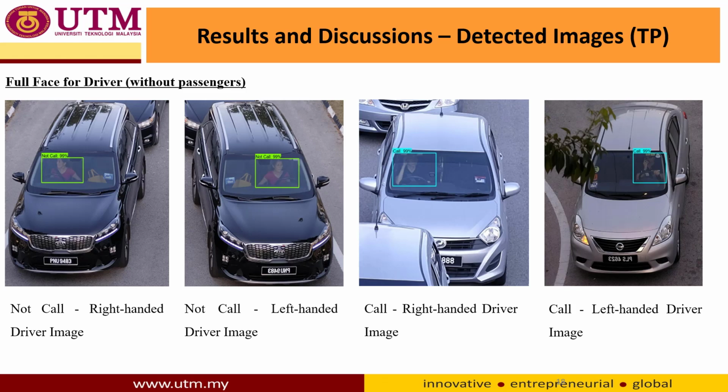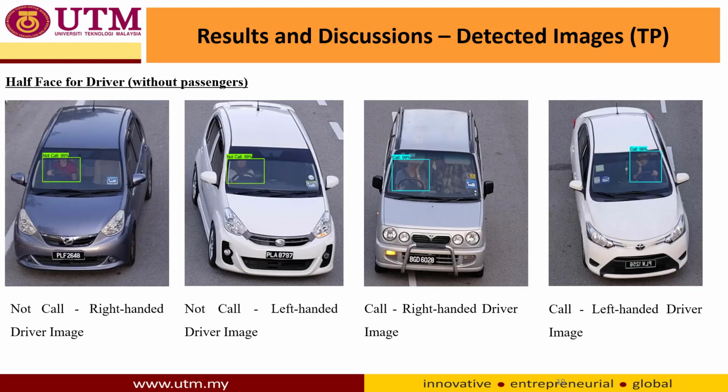Once we applied the trained network to our test data set, we can see that it successfully detects whether the driver is performing a call or not. On the left-hand side we have two images, flipped to generate two different sets of images, where the driver is not performing any call, while on the right-hand side you can see two images of drivers distracted by using a telephone while driving, and all these four images are successfully detected by the trained neural network.